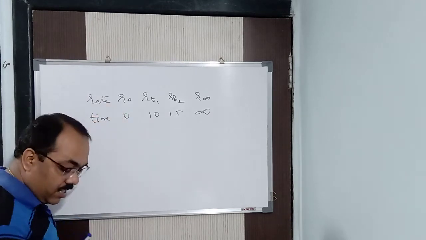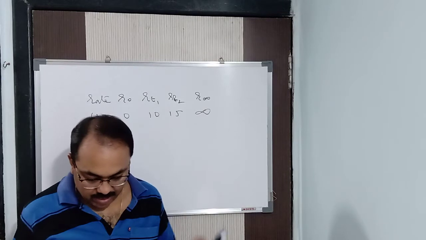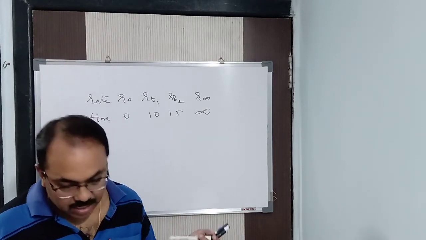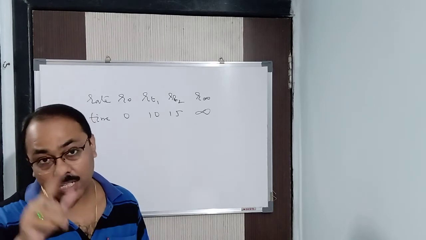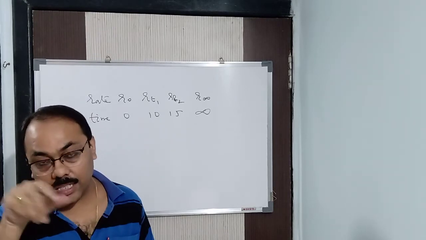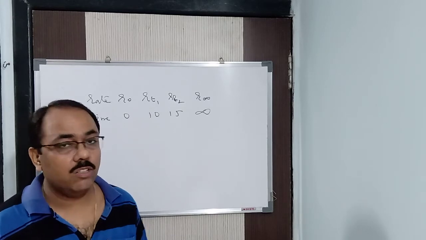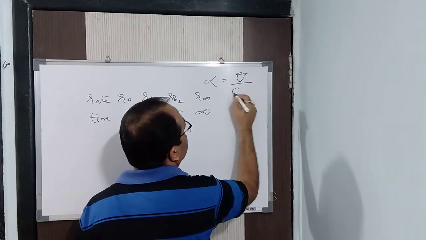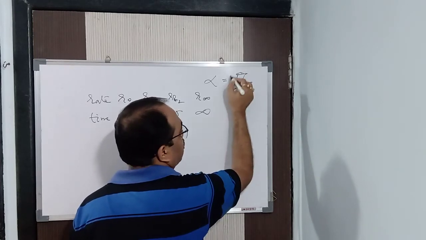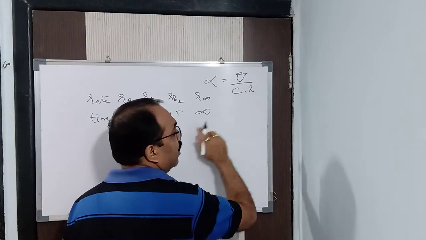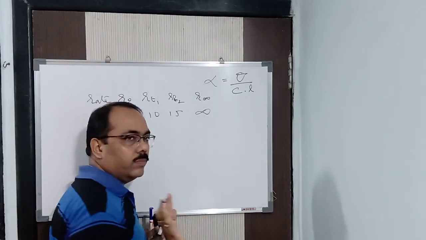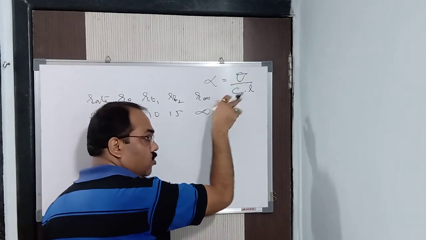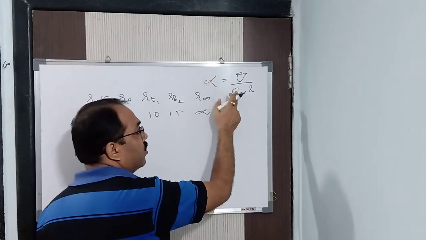Clear? But here, remember it, the rate is measured in case of nothing but a reading in degrees. Because what I said, alpha you are calculating. Here the rate is nothing but alpha. If you remember the formula, alpha is equal to theta by C into L, where theta is the angle of specific rotation, C is the concentration, and L is the length of the polarimeter tube. Alright? Clear? This theta is nothing but the angle, which you saw. And alpha is the degree of specific rotation, which I am going to put it here.